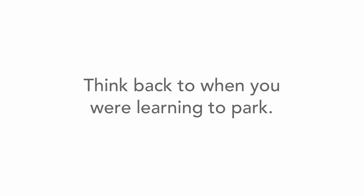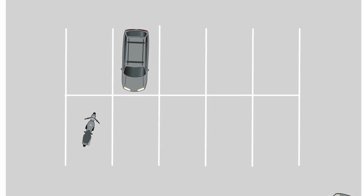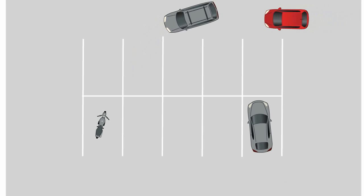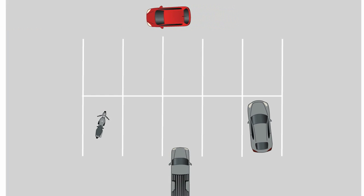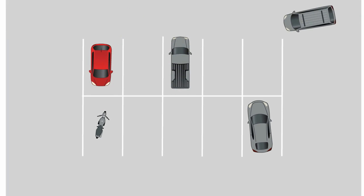Think back to when you were learning to park. It wasn't easy. It took some trial and error until you got the feel for it, so do what you can to minimize the risk. Keep in mind that parking lots are the place most crashes occur, so be sure to devote sufficient time and energy to practicing parking in a lot with your teen. The time spent now can be key to preventing a crash later when you're not in the passenger seat next